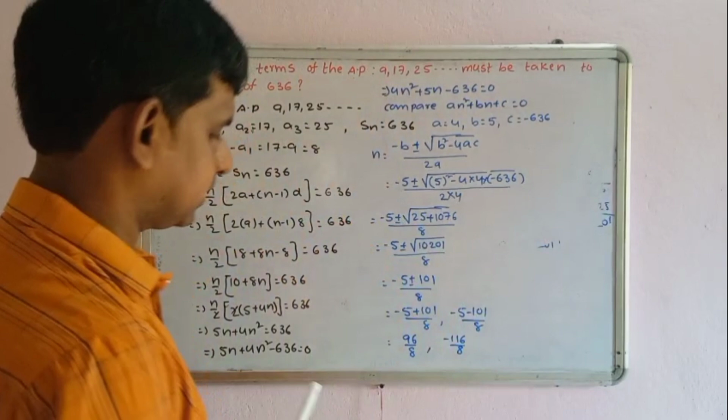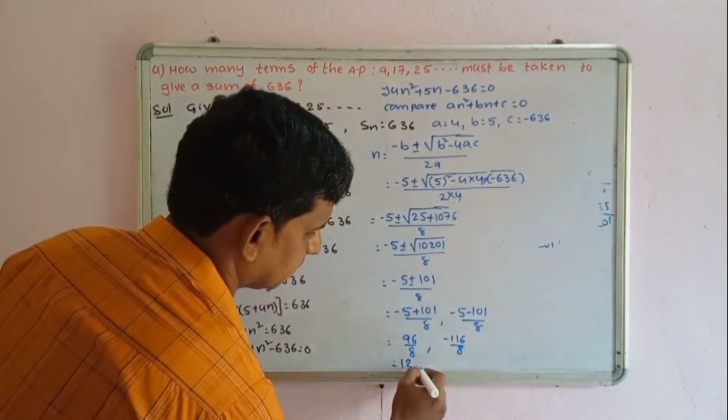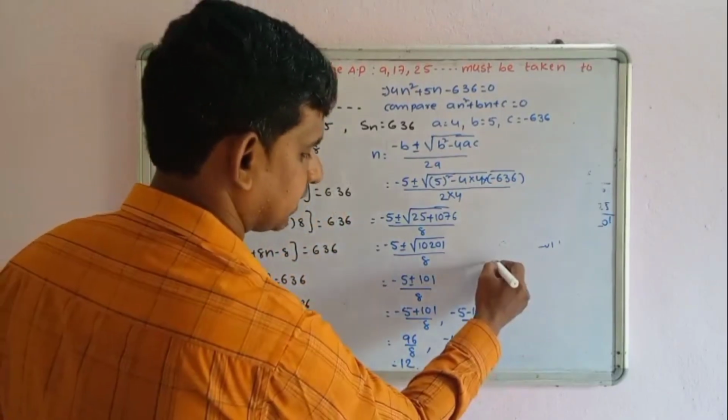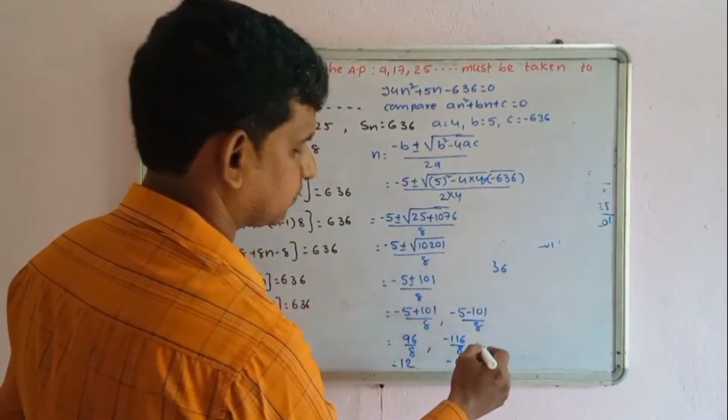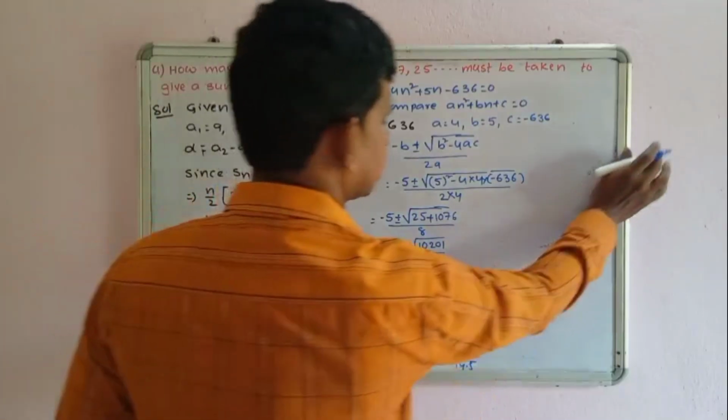So 96 by 8. 96 by 8, what is the value? 8 ones are 8, 8 twos are 16. So here 12. Minus 8 ones are 8, balance 3. 8 fours are 32, balance 14.5. Okay, see, therefore the values of n are